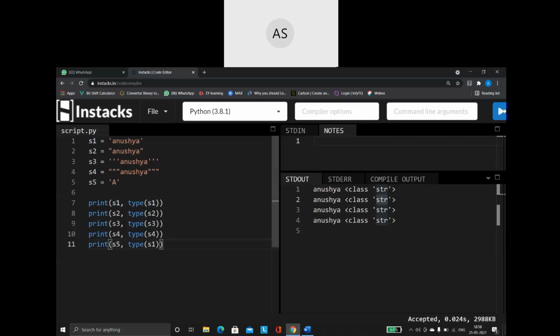I'm printing the value and the data type of that variable also. Run it. See what it says. This is also a string. So that is what I said. In Python, we do not have a data type called char. Even a single character is going to be treated as a string data type only.